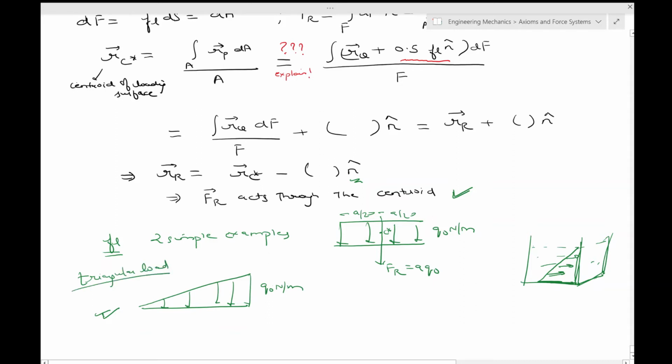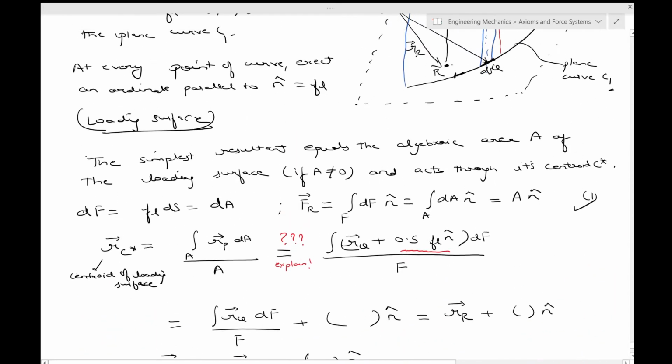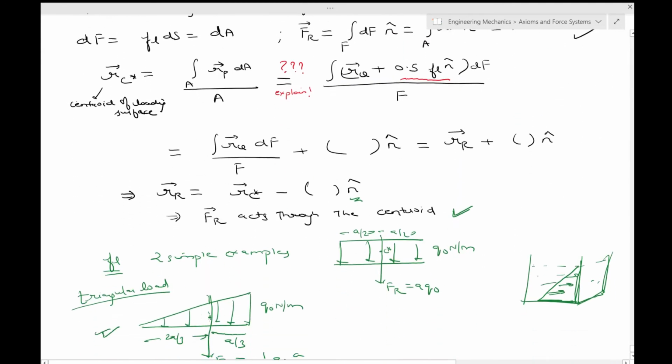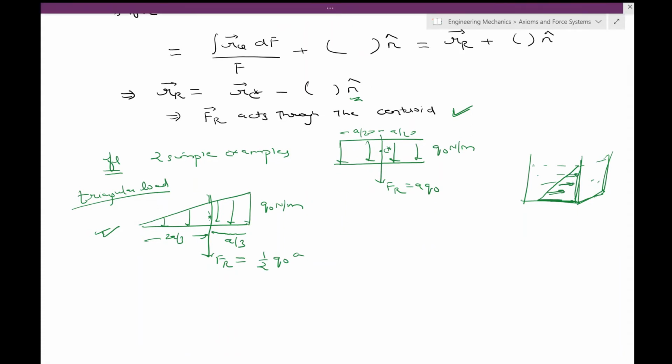So the resultant of this will also fall on the centroid, and as you may be knowing, the centroid of a triangle like this is actually 1/3 up from the base. So if this entire length is A, this is A by 3, okay, and this is 2A by 3. Fr will pass through over here, and what will be the value of Fr? This will be the area under this curve, that is half into q naught into A. So these are the two simple distributions of line loadings on a line, and how to find the resultant of parallel forces in this case. Okay, over here you can see that these will be parallel forces, all of them. Okay, now let's take up the next case of